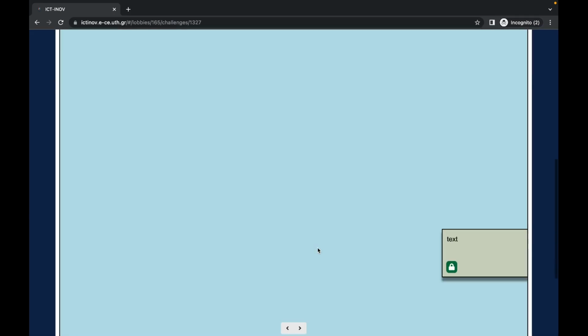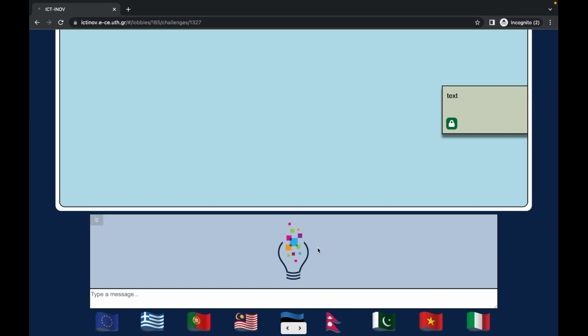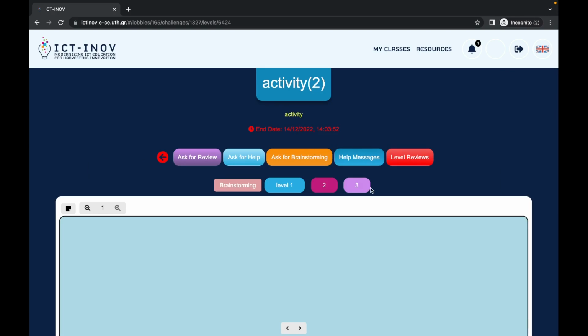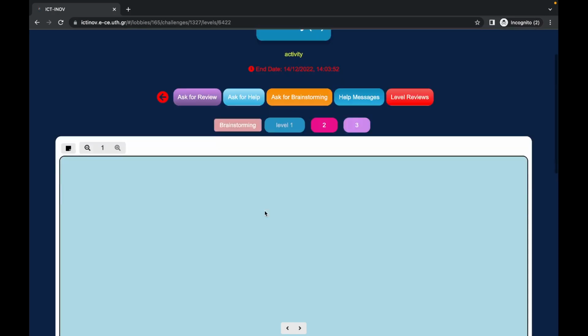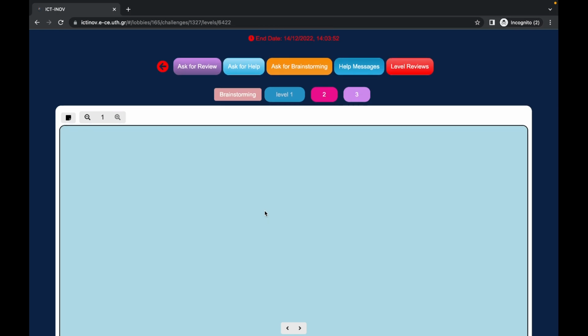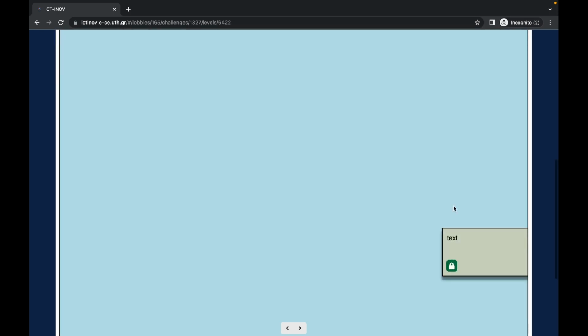Let's go down. Students can write on the chat to interact with other team members. They also have access to every level. As a student, we can interact with locked notes unless we unlock them, where we can edit them, add content, and like them.